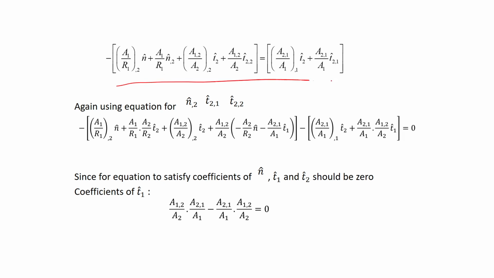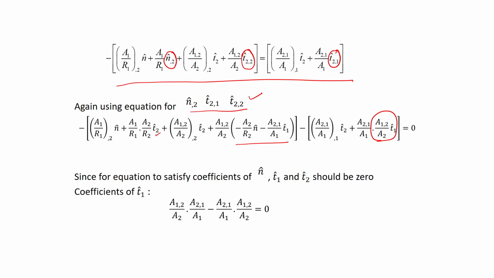That gives you this big equation in which we have coefficients of n comma 2, t comma 2 comma 1. Or if we use that n comma 2, use the theorem of Rodriguez here and the theorem of Weingarten here, then again the theorem of Weingarten here. So, if we substitute these values, n comma 2 is A2 by R2 into T2, T2 comma 2 is this much and 2 comma 1 is this much. So, this is a big equation and all things are taken to the left hand side and equated to 0.